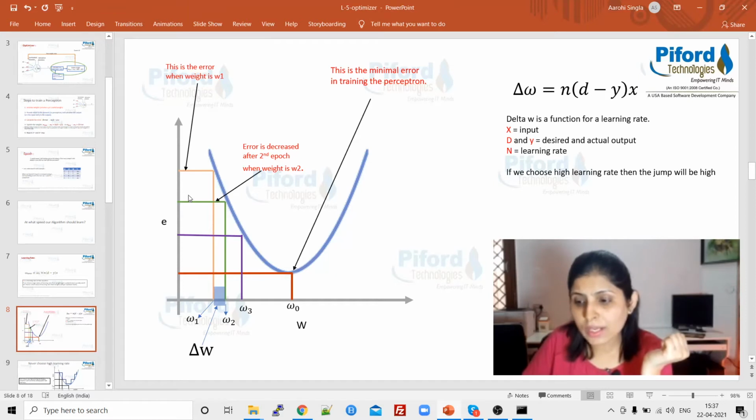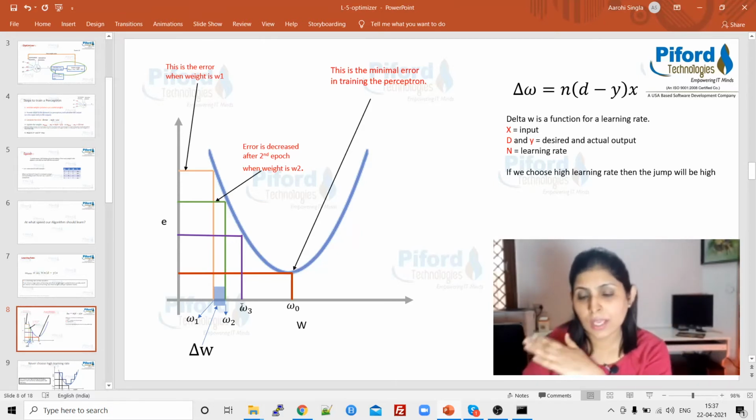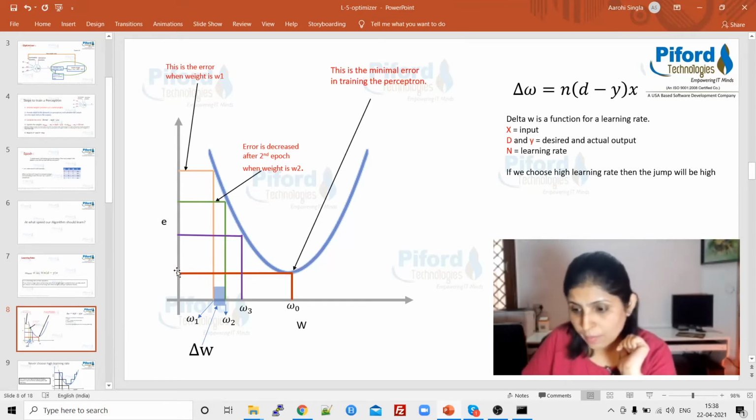So you can see over here, every time we increase the weight value, let's suppose here the weight value is 1, here it is 2, here it is 3, our error is decreasing, right? Initially error was there. When we change the weight value, the error decreased to this value, and then again decreased to this value when we change the weight value again. Now the fourth time when we change the weight value, our error is somewhere over here. This is the minimum error.